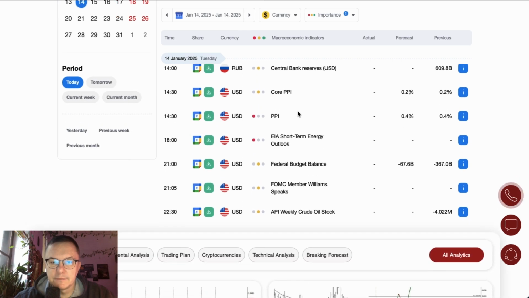Major event of the day is the PPI data release from the US. Market participants expect the PPI to stay at the same level of 0.4%. Short-term energy outlook from the US is scheduled for release at 6 o'clock. At 9 o'clock we get the federal budget balance. 5 minutes later FOMC member Williams will give a speech, and then at 10:30 API weekly crude oil stock data